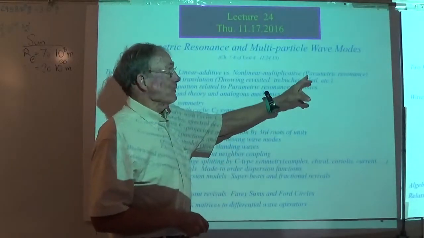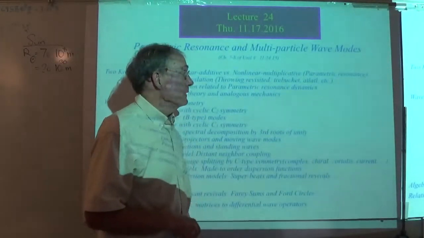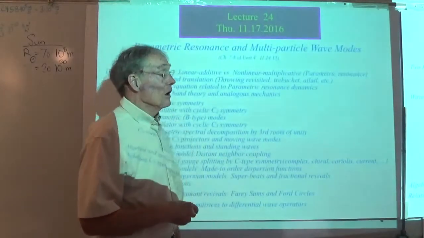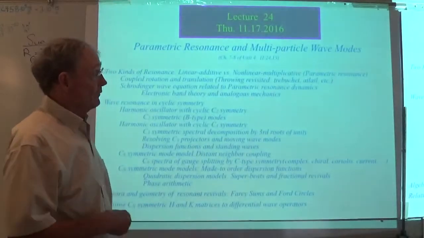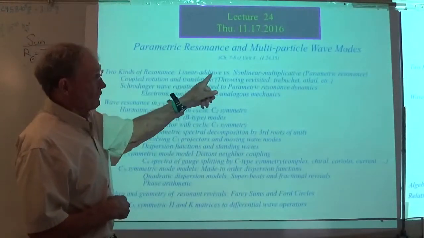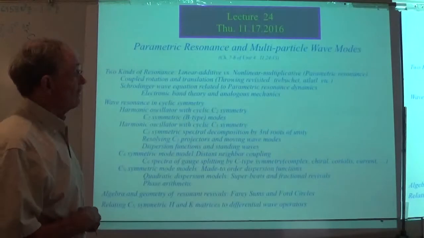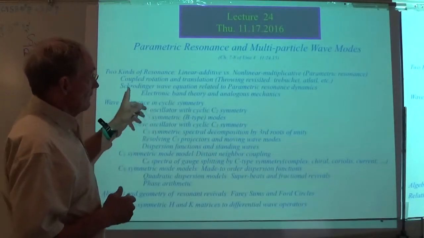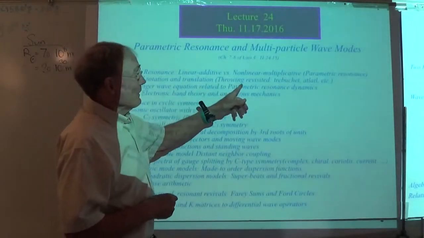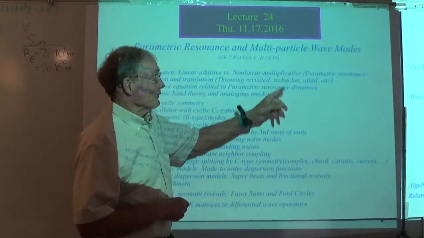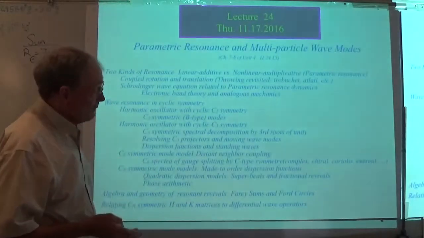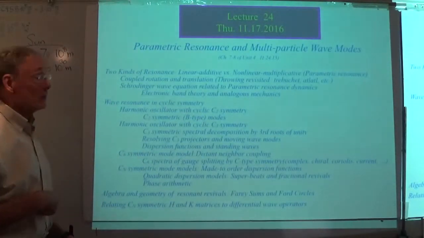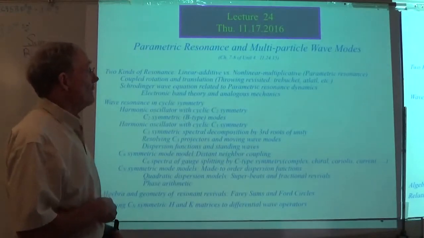The common name for this is parametric resonance, which means you're resonating a parameter like a spring constant, as opposed to some amplitude of a force. That's what was talked about in the first chapter of this Unit 4. Then we're going to look at something that's relevant to the trebuchet. The trebuchet makes use of this parametric resonance, and that's another way to understand how it gets its throw, its